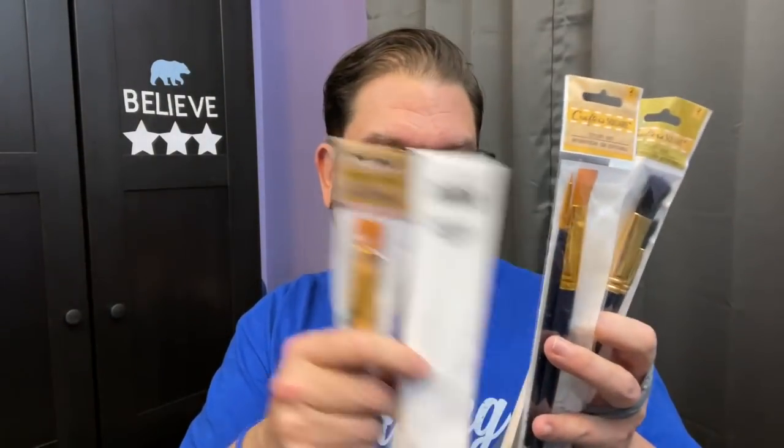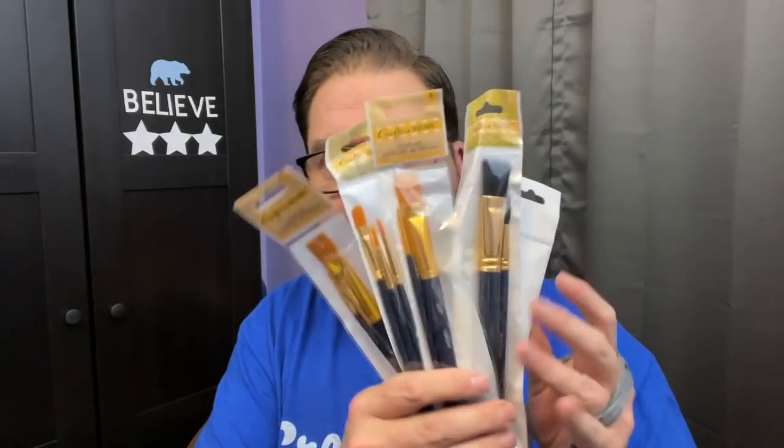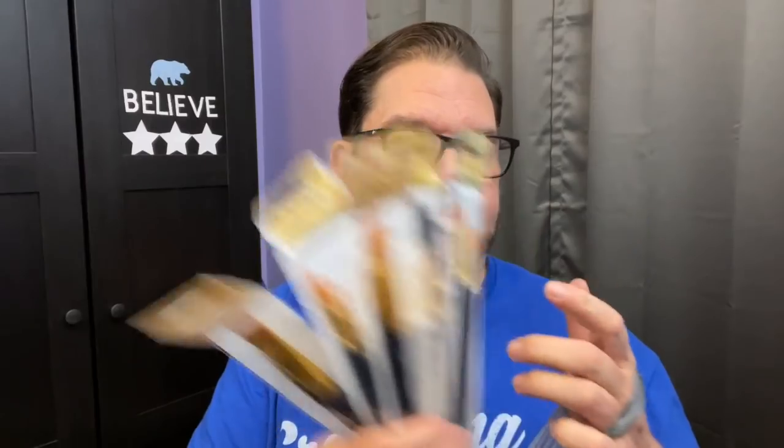Again, I love the Dollar Tree paintbrushes. I buy them quite often. I'm not super concerned about, you know, if I use them once or if I use them 10 times, and I know that's wasteful, but it's easier for me to manage. And right now, I want to manage life as easily as I can. So I do buy the paintbrushes from Dollar Tree. Almost done, actually. And this bag had also some